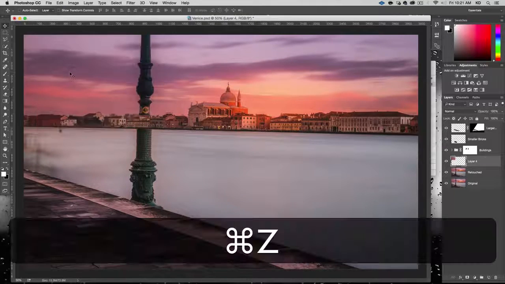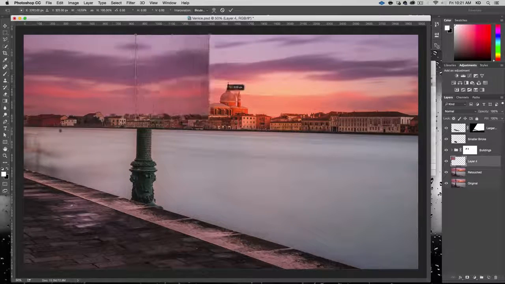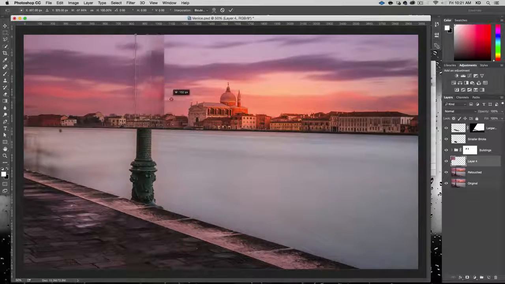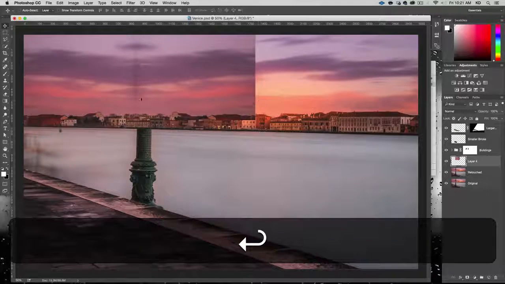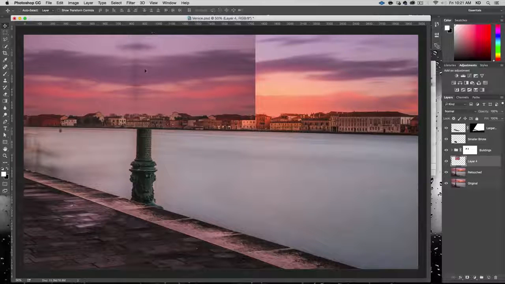I'm going to undo the move and Command T or Control T to transform, and I'm actually going to mirror this. Okay, I just want to have a mirrored image, something like this. Now we will see that it's mirrored, and you'll see a line and all that, but we'll fix that after. Right now, I just want to get the bulk of this out of the way,